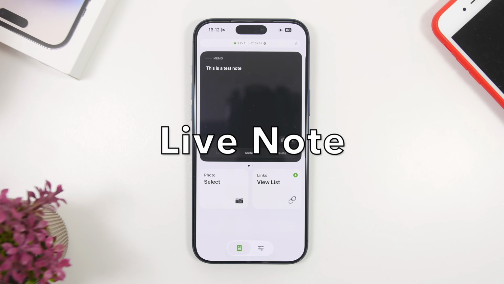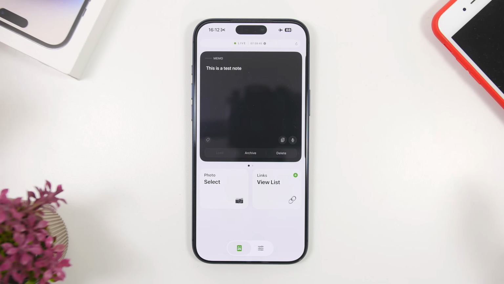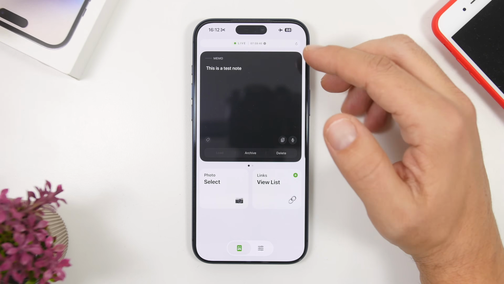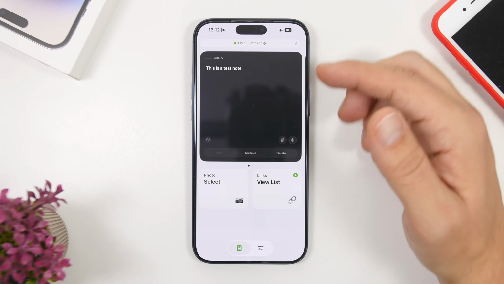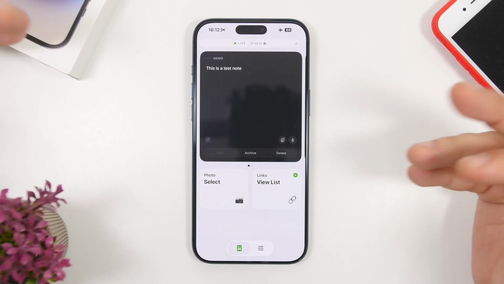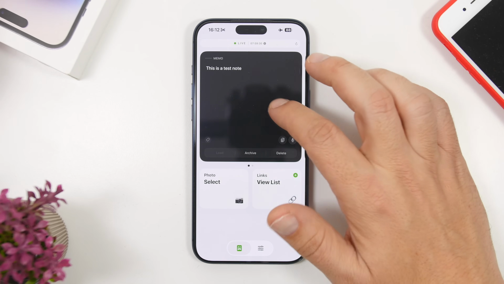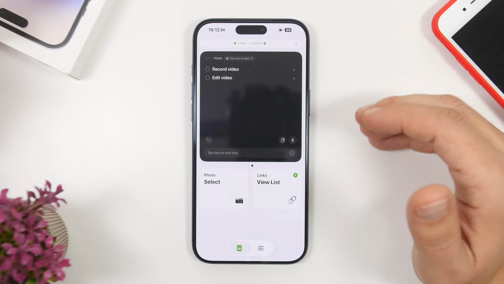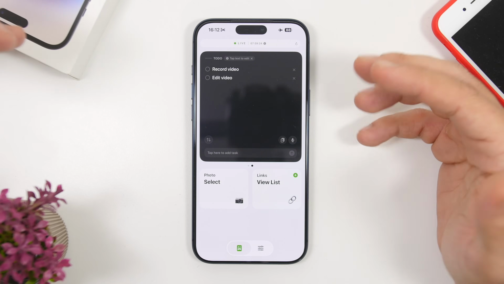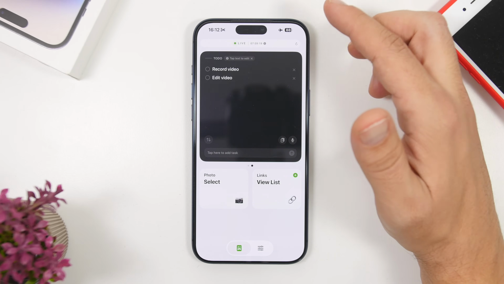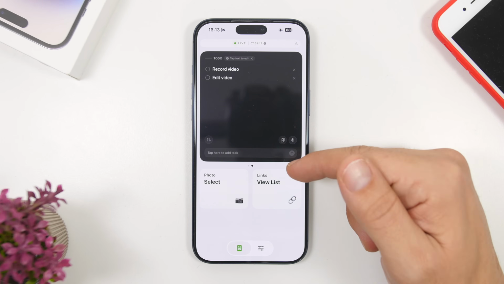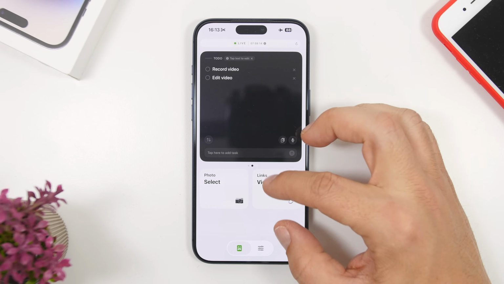Next up is Live Note. Now with Live Note, you will be able to have your notes or a to-do list all the time on your lock screen or on the dynamic island. Now once you start one, it will basically stay up for like 8 hours. You can see the timer right there. So you will have here the memo, which is basically notes that you can have all the time on your lock screen. Or if you swipe here, you will have a to-do list. Now based on whichever one you're actually displaying here, that's the one that will be displayed on your dynamic island or your lock screen. Now you can also save links, and you will have like the links right here and